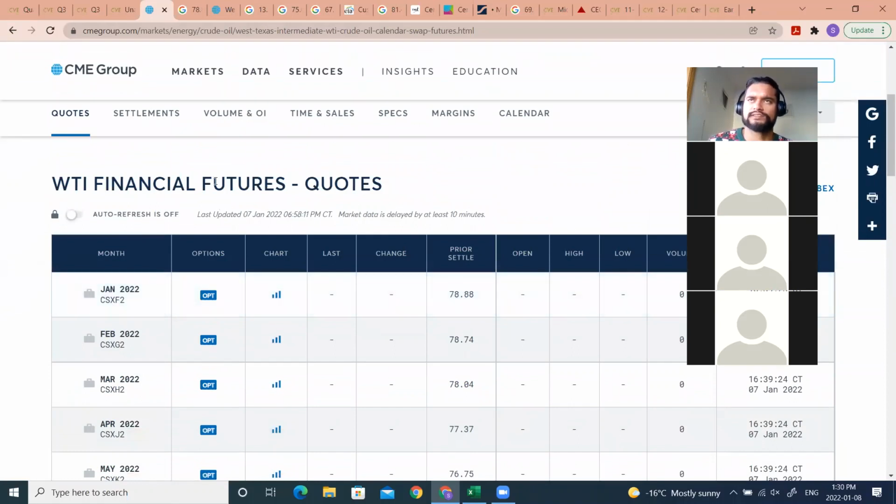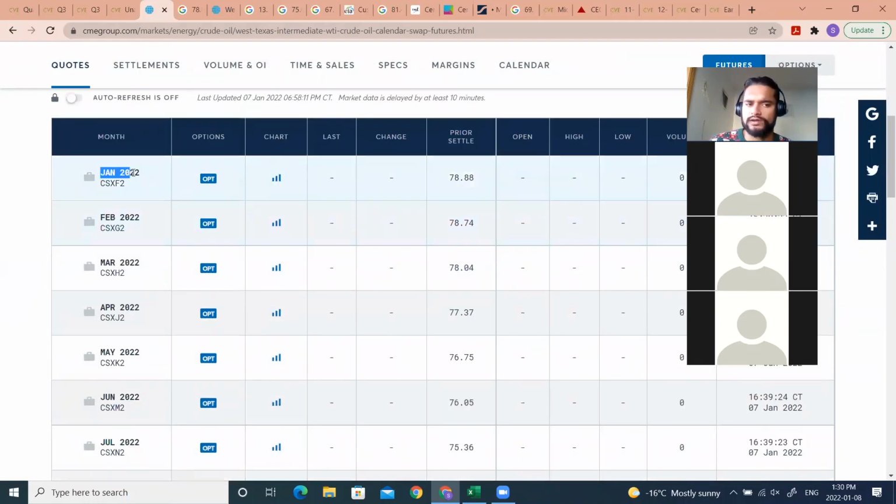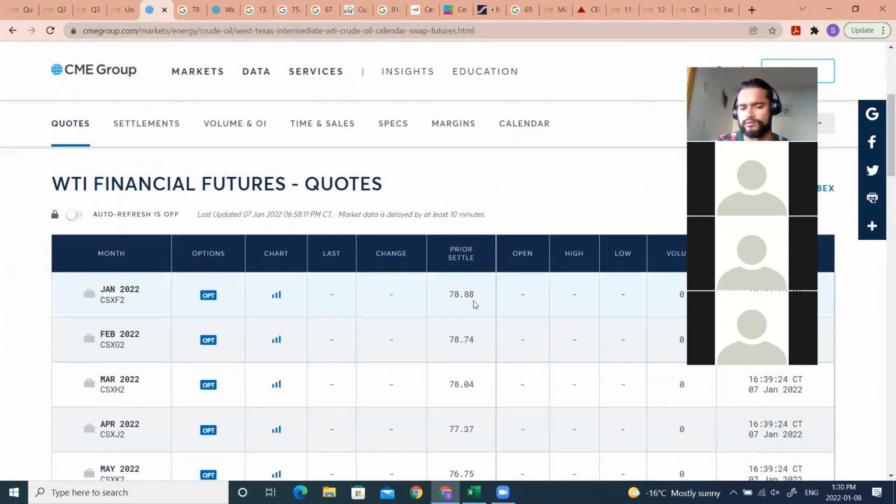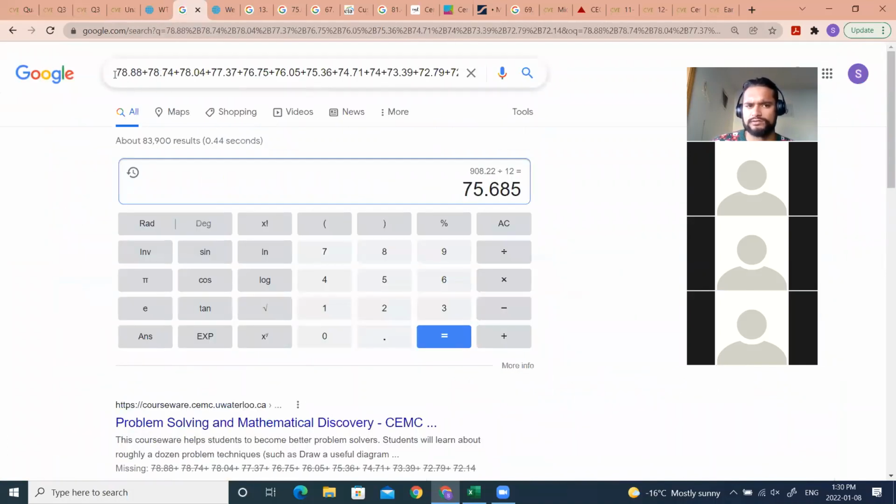So the way that we calculate strip pricing on WTI is we add in the contract for the next 12 months. So from January to December, we'll add these 12 numbers and we'll divide it by 12. And that gives us the average WTI price over the next 12 months. That's exactly what I've done here. So I've taken the 12 of it, divided by 12, and I get the strip pricing. When people on Bloomberg are talking about what's the strip pricing for WTI, this is exactly the calculation that they're running and coming up with these numbers. There used to be sources that kind of did this for you, but they've gone offline in the last couple of months. So we're resorted to have to do it by hand, which probably is a good thing anyway, because then we know for sure it is what it is. So 75.69 is the